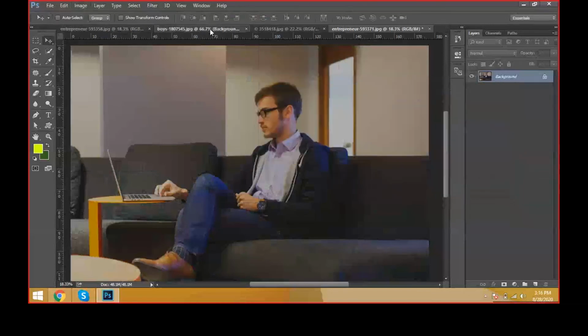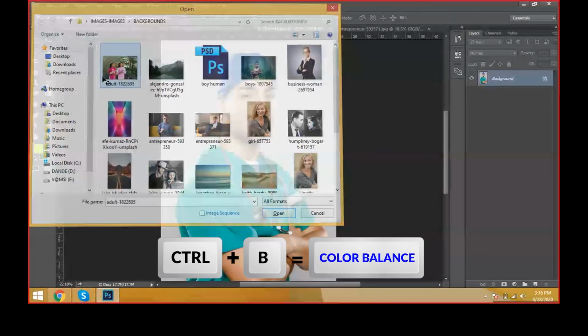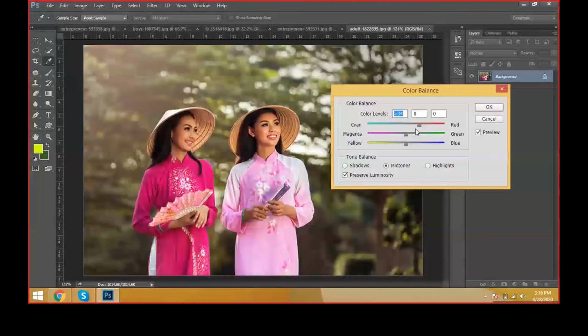Just come to one more image. Control O, open, take this image document, Control B, color balance on the keyboard, select it. You can increase the color tone and go to the magenta tone and yellow tones. You can see the changes of the image, and we can feel the image will be in evening mode like this. We can change it, giving the highlights of the image and selecting the shadows of the image. We're just highlighting the shadows and go to the highlights part.